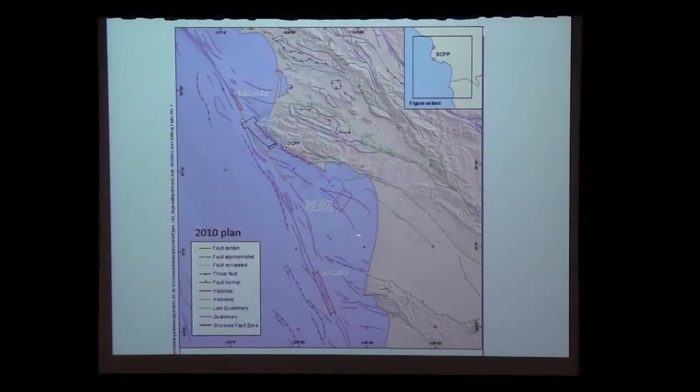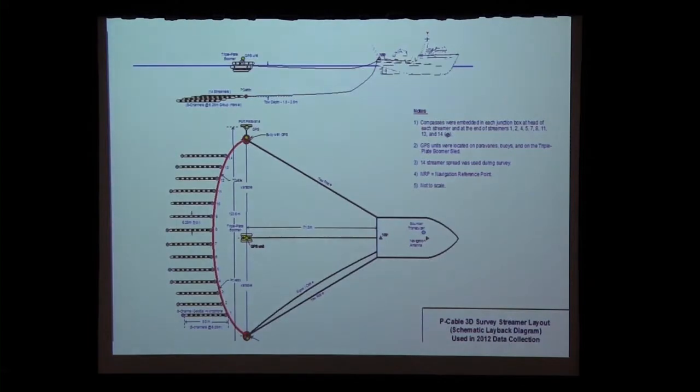So you've seen this slide before. I won't dwell upon this. This is the area that I'm going to discuss. These are basically faults that were drawn on here before 2010. This is a shoreline fault coming down right through here, and so what we're going to be looking at is what this 3D volume in this area shows us in regards to faulting and piercing points.